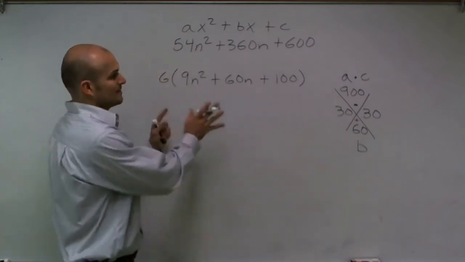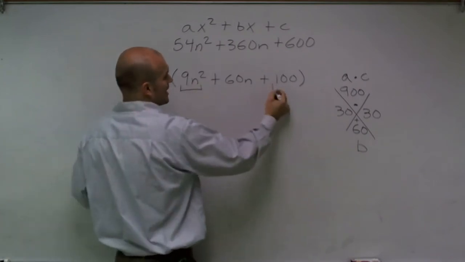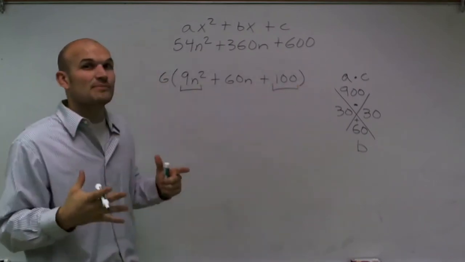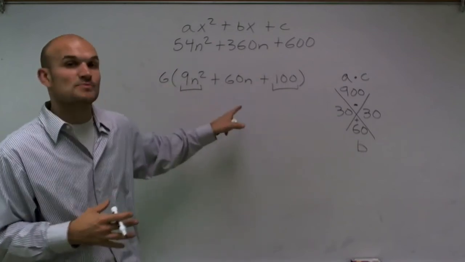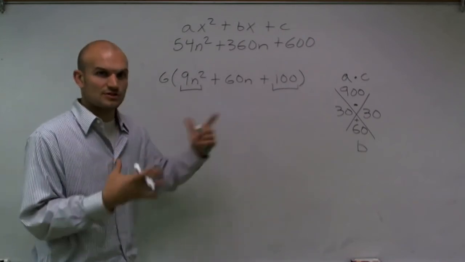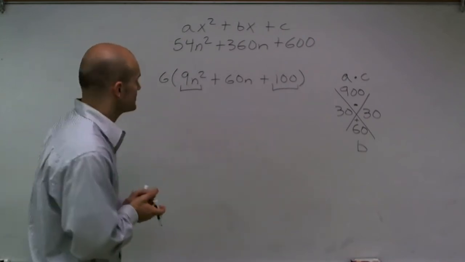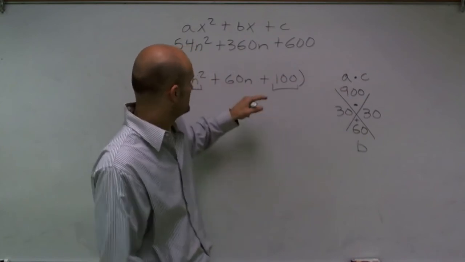Another thing that I noticed when I'm looking at this is that this is a perfect square and this is a perfect square. And that's something very important for you guys to understand, because I can automatically tell you I already know what the answer is by looking at those perfect squares. But what I'll do is show you the long way, so you guys have practice with it. So since I noticed that 900 is my a times my c,